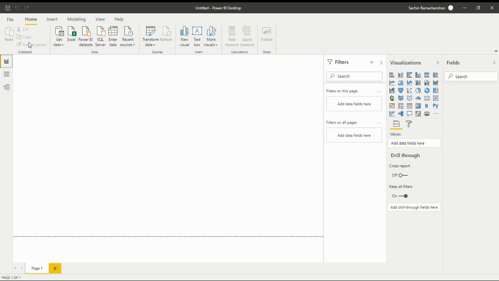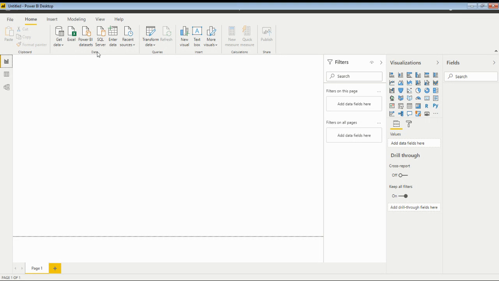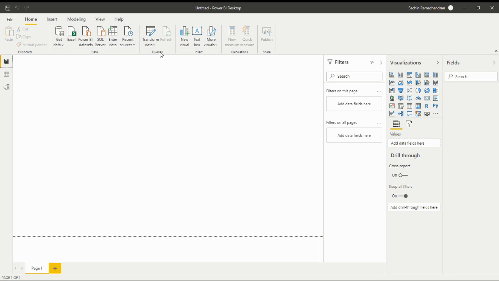The top menu is very nicely separated into sections, which is the basic clipboard, the copy paste, and then we have the data section in which we have the Power BI or data analytics specific things like get data. Or directly, you can get data from an Excel Power BI data set that is already stored in our Power BI account. So and then we have the queries, which is one of the most important and one of the best features of Power BI.